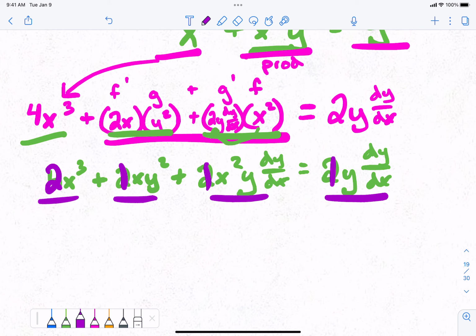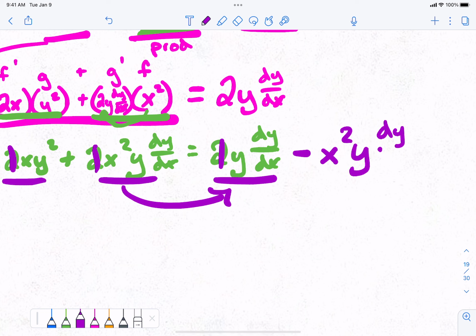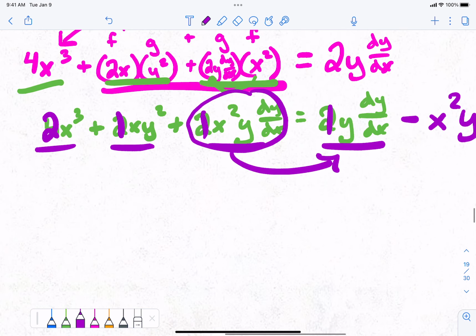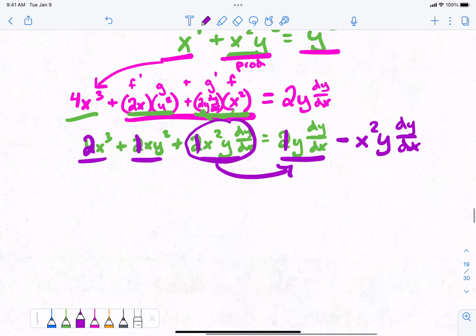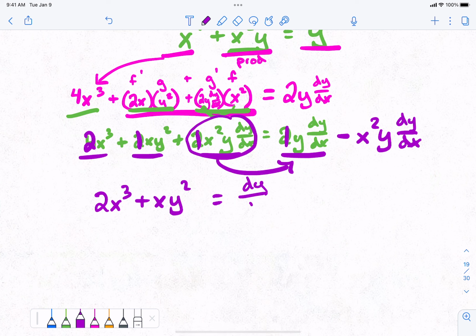Subtract 2x squared y dy dx. I'm going to move this guy over here. So what's going to happen is he's going to subtract x squared y dy dx, right? Yeah, there's no 2's. The 2 we got rid of. So this guy is now over here and he's minus, because he's on that side. It should just be x squared. Okay? 2x to the third plus xy squared equals, if I pull the dy dx out,